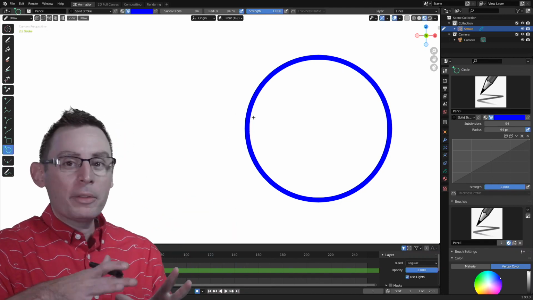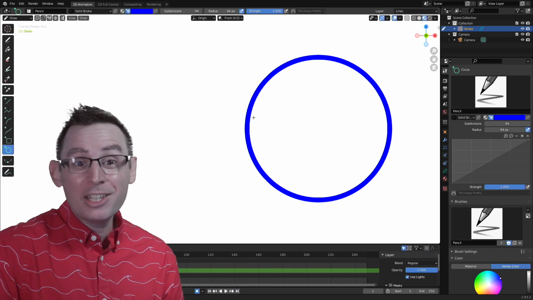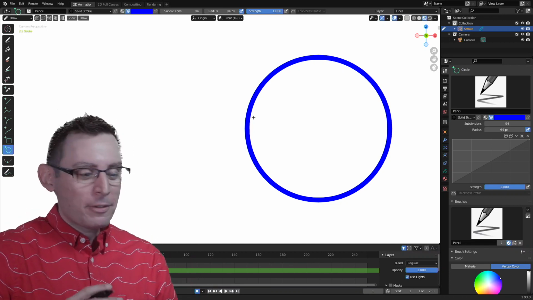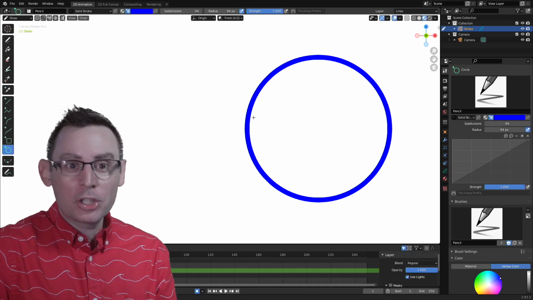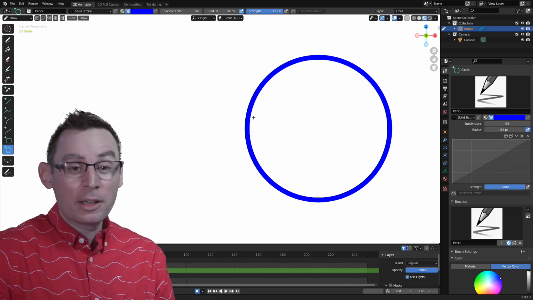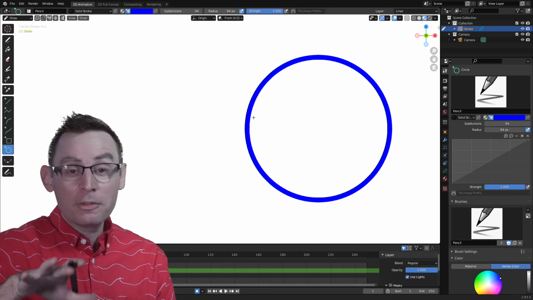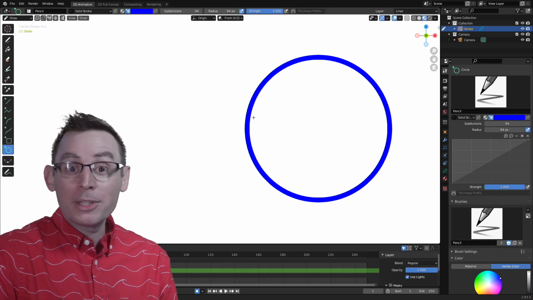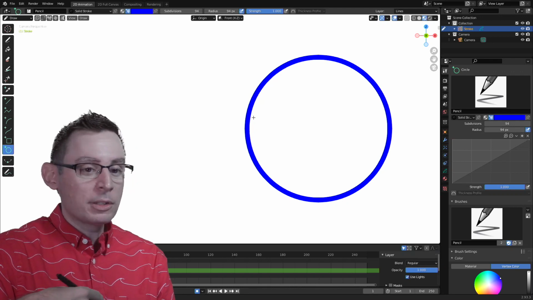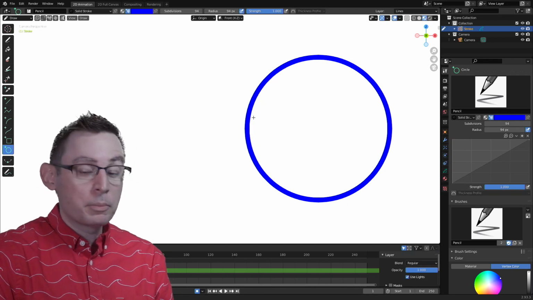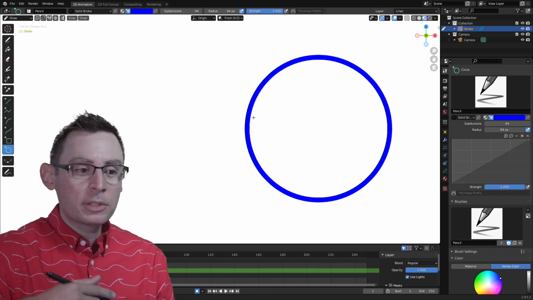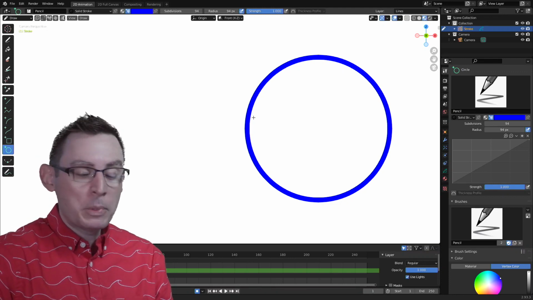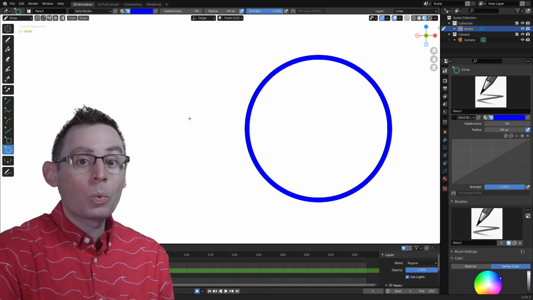Now, the cool thing about the vertex color system is that it's easy to use. It's just a fast way to throw down some color. However, that kind of is the limit to its functionality. It's just an easy way to make colored strokes and some very simple colored fills. Perhaps we want to work in a system that's a little bit more robust, that uses a library of tools and presets, if you will, to help us create a repeatable, consistent, colorized experience inside of Blender. So let's start working with materials.